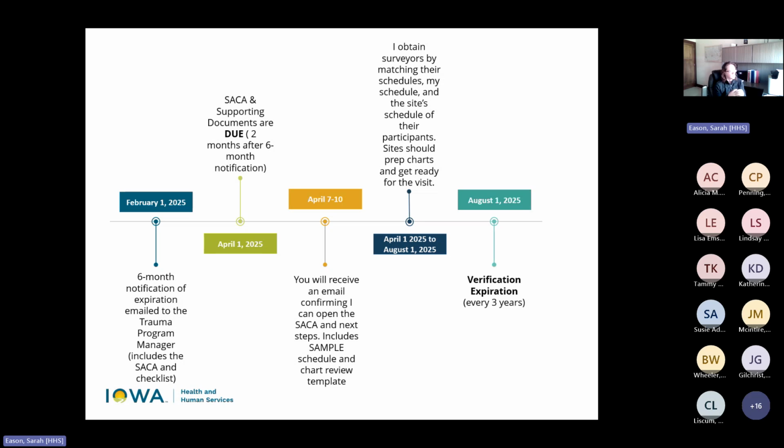The next steps are included on there, the communication that you will either be doing on-site or virtual. And I say that because if you want to do on-site, I do the best that I can to honor that and get the survey team on-site. Sometimes schedules don't work, and sometimes we have to go virtual versus the paper review. And the paper review is only open to the level 4s. And if you choose a paper review and you've submitted your SACA on time, you are essentially done.